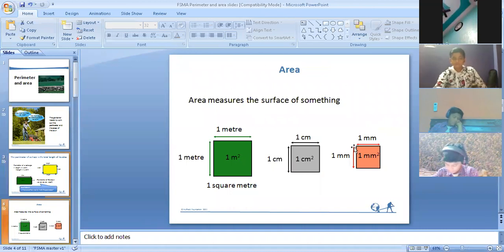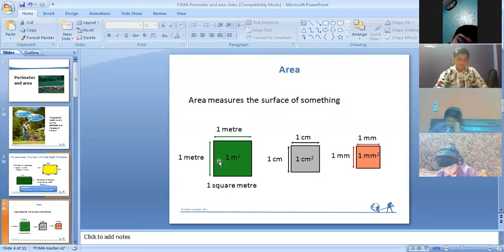If I talk about area, area means the surface of anything. If you're talking about any surface, that means the area. This is a square. 1 meter is given on both sides. That means the side is 1 meter, so the area is 1 meter square. 1 into 1, side into side, 1 meter square. Because 1 into 1 is 1, and meter into meter is meter square. Meter raised to the power 2 is known as meter square. Okay.